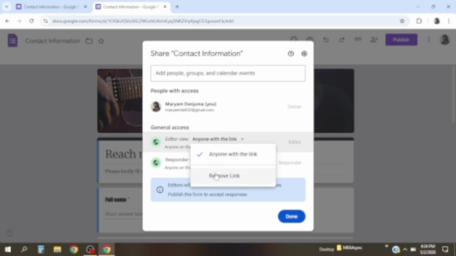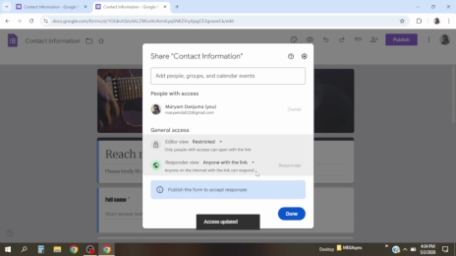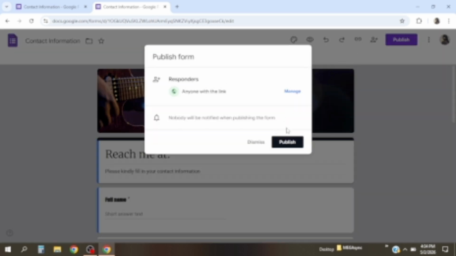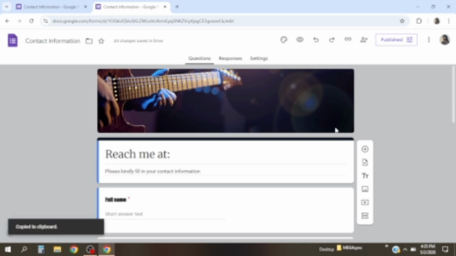Sorry, editor. It's only responders. Anyone with the link can respond to it. So, done. Publish it. This is our link. We can shorten it. Copy, and then you share. Anyone with the link can access the form, fill the form, and then you get the